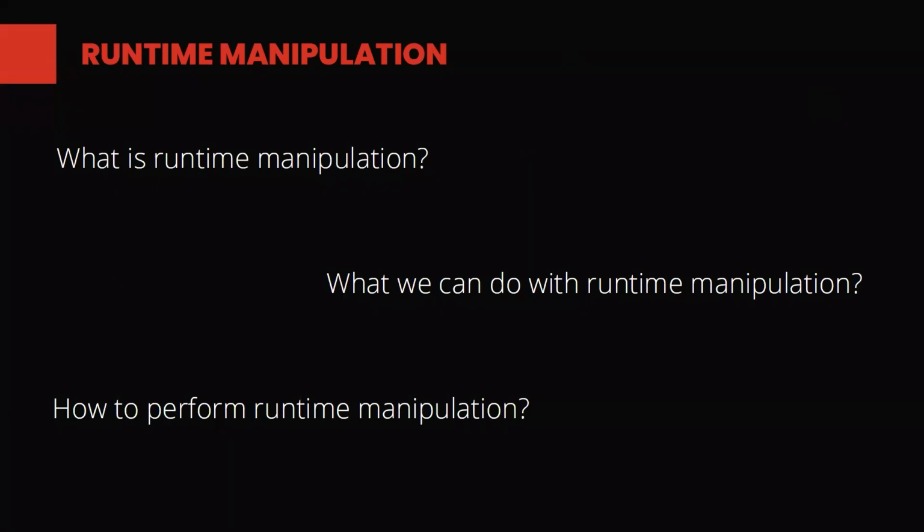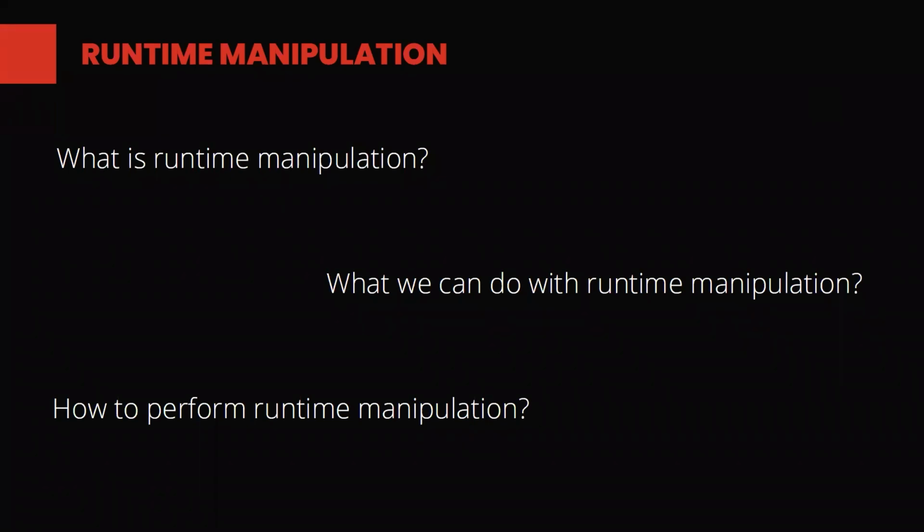Runtime manipulation. We have three questions in our mind when we say runtime manipulation: what is runtime manipulation, what can we do with it, and how to perform it. First we need to understand a bit about the C language, as I mentioned earlier. Objective-C and many modern languages are reflective languages. They can observe and modify their own behavior at runtime. Reflection allows programming instructions to be treated like data and allows a program to make modifications to itself. That's what we call runtime modification or runtime manipulation. In Objective-C, the runtime allows a program not only to create ad hoc classes or methods,